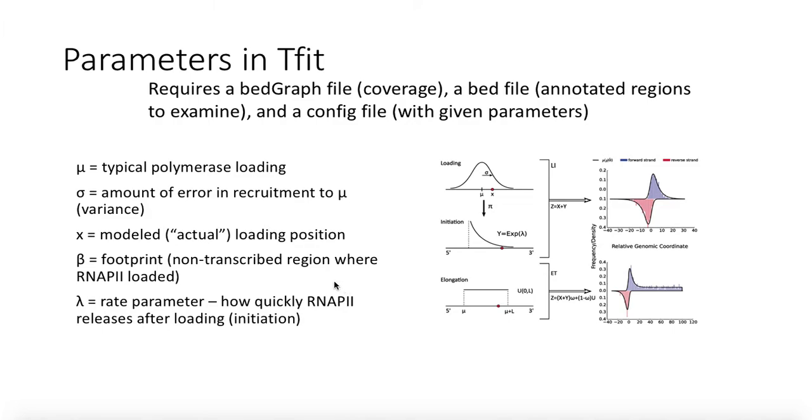...is, and depending on what elements you want to pick up. So that's why we make that modifiable. There's also a rate parameter, lambda, and this is basically how quickly RNA polymerase II releases after loading, so initiation. So we take this signal peak here, mu, loading a polymerase with some variance, and then we say, okay, at some point it's going to release, it's going to kick off, as you can see down here, and it's